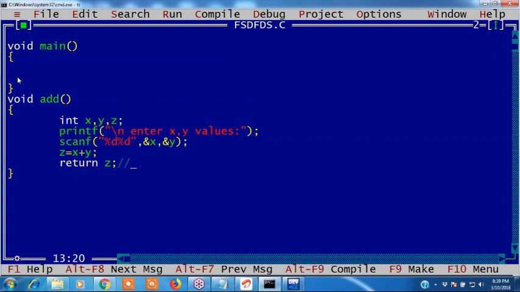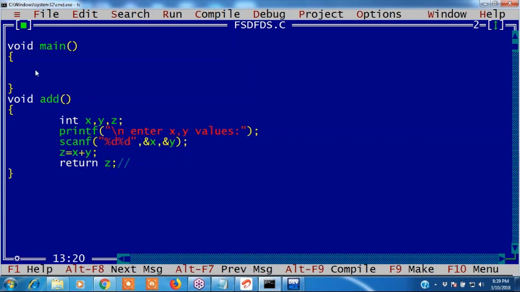Including this again, control goes to execution. If there are any other functions, we have to read the statement.